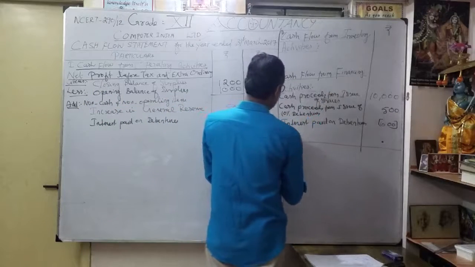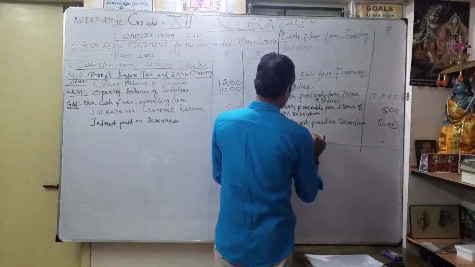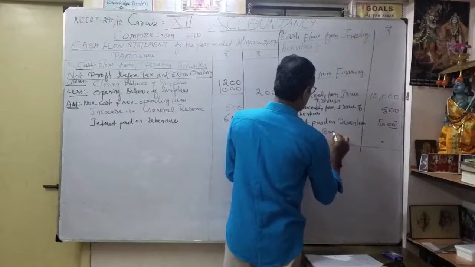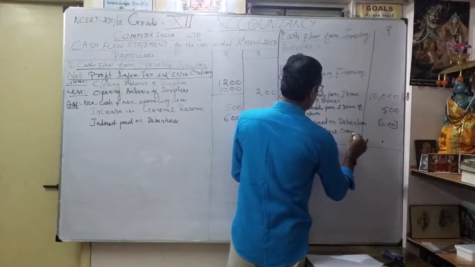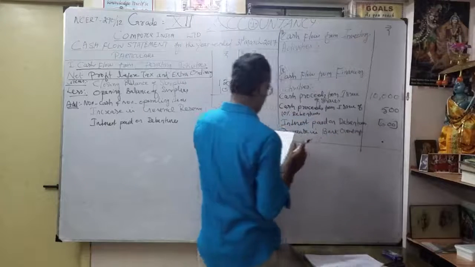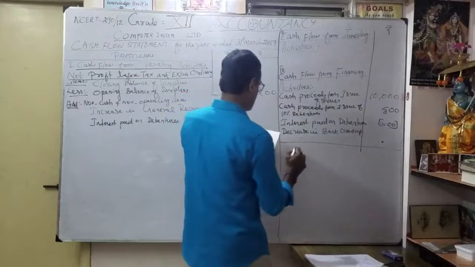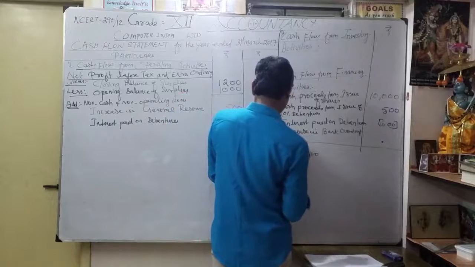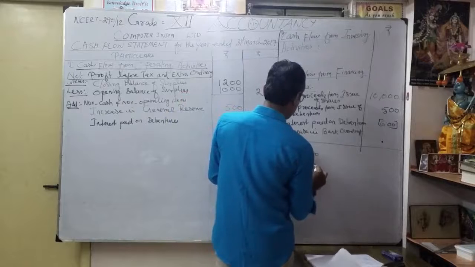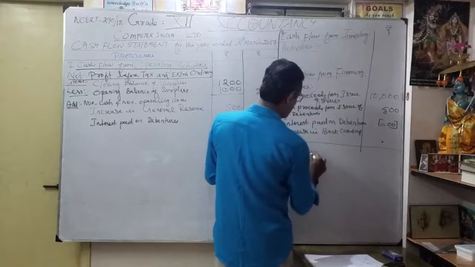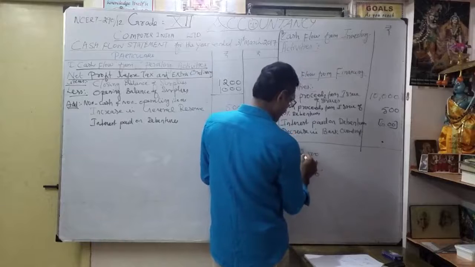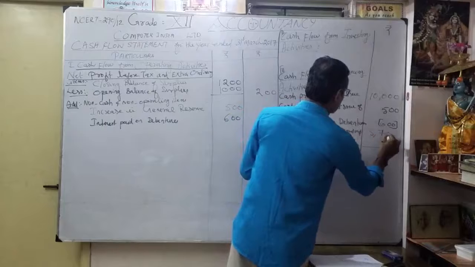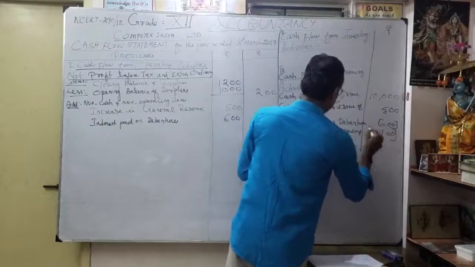So decreasing what? Our bank overdraft. So how much it decreased? See how much it decreased? 12,500 become how much? 12,500 become 6,800. So what's the difference? 0, 0, 15 minus 8, 7. So 11 minus 6, 5. So how much decreased? 5,700. Okay, put in the bracket.